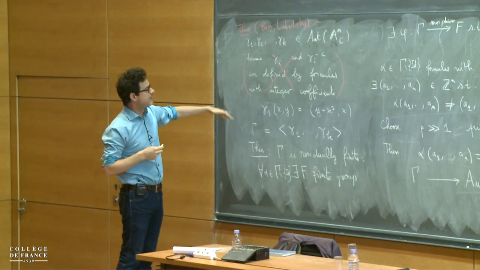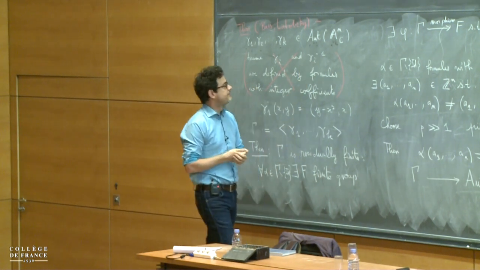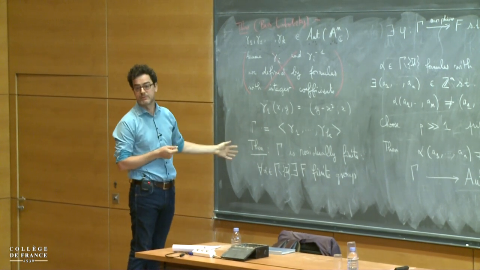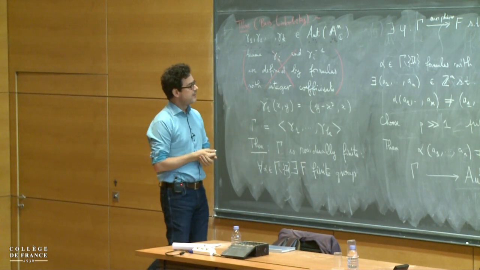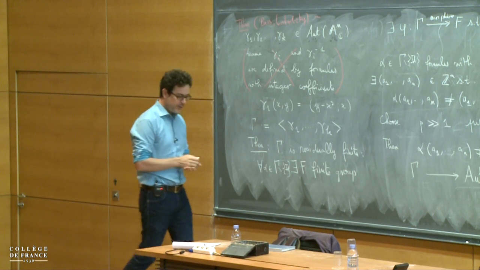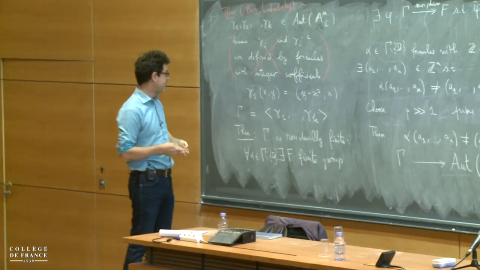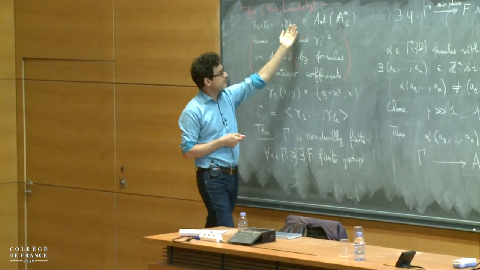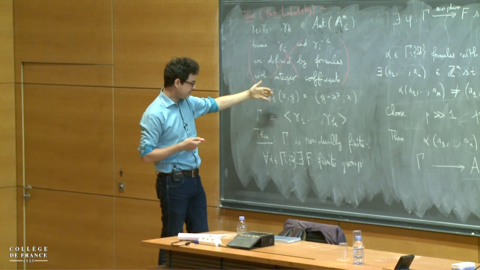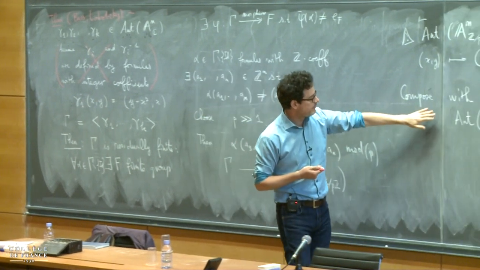The same result for groups of linear transformations of a complex vector space is due to Malcev. So it was known before for linear transformations, and Bass and Lubotzky adapted the argument for regular automorphisms. Now let's try to do the same thing for birational transformations. So you start with, let's say, birational transformations of the affine space defined by formulas with integer coefficients. Then you can do exactly the same argument, but the problem is at the very end of the argument,